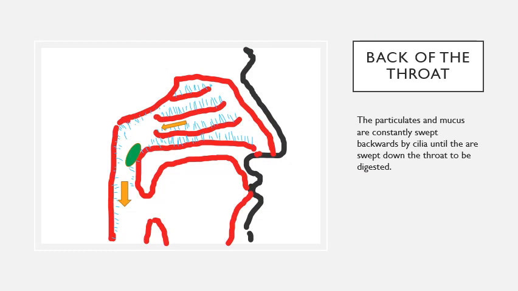So that mucus is constantly being pushed to the back of the throat. It's being pushed backwards and backwards. When it gets to the back of the throat, this green circle is my mucus apparently, it's going to go down. And where's it heading? Down to your stomach for digestion, because this is your body's first form of defense. You trap it in mucus in your nose, and then you send it, packaged in mucus, to the back.